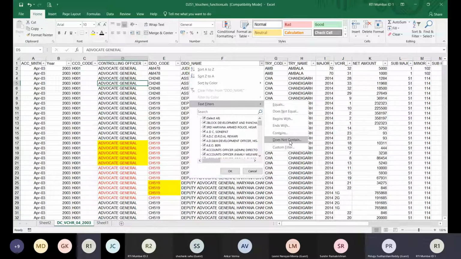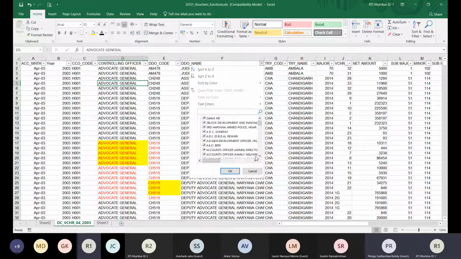तो समझो आपको एक ट्रेजरी का नाम या पर्टिकुलर चीज नहीं चाहिए, उसके अलावा देखना है तो आप डज नॉट कंटेन में डाल सकते हैं, डज नॉट कंटेन पूना, तो अदर देन पूना सब आपको दिखेगा। लेकिन ये डाटा आपके टेक्स्ट डाटा के बेस पे है, जो फील्ड में आप करते हैं उसमें वो अगर डाटा है या नहीं है उसके बेस पे ये देगा, तो आपका डाटा कैसा है वो हिसाब से आप उसको यूज कर सकते हैं।